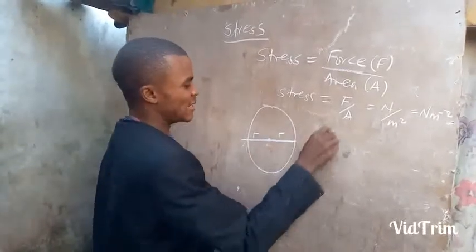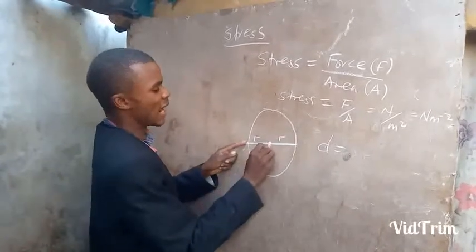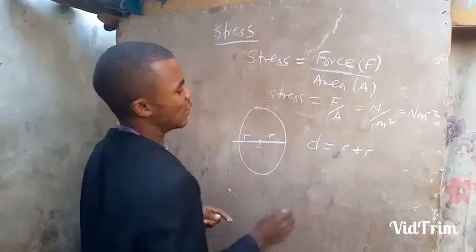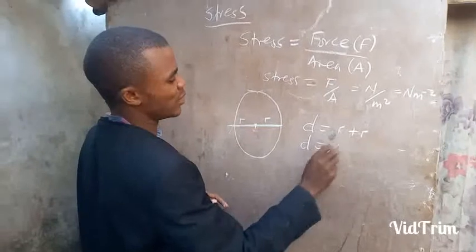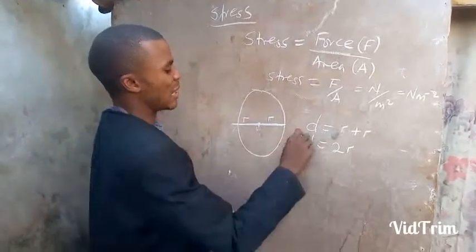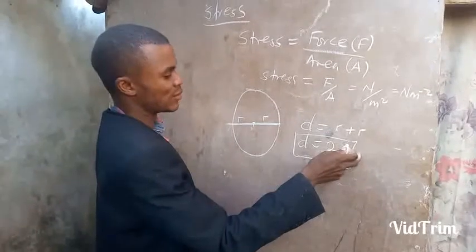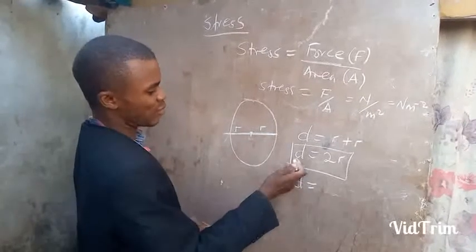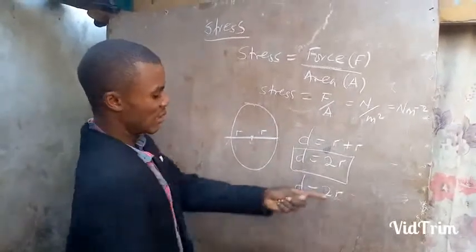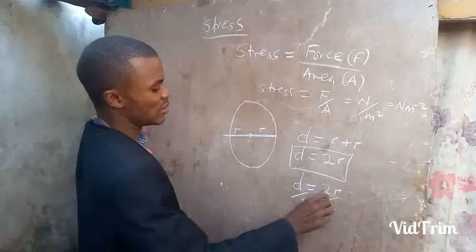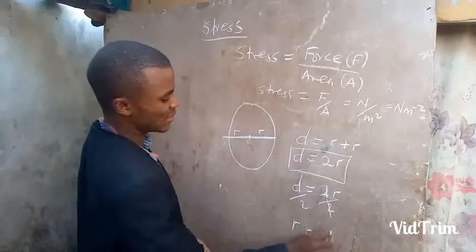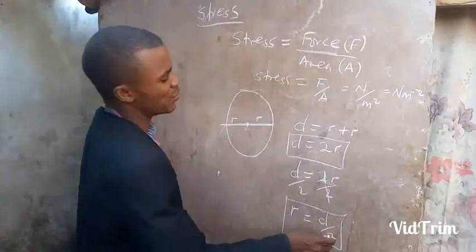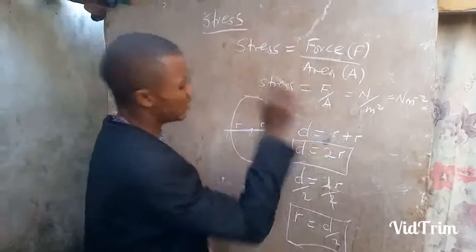So the diameter is from here to here and from here to here. From here to here is R, plus from here to here is R. That becomes R plus R. So diameter is radius plus radius, which is 2 radius. The formula for the diameter is 2 times the radius. When you multiply 2 by the radius, you get the diameter. Again, you have the same relationship, D equals 2 times radius. If I divide both sides by 2, this cancels. The formula for the radius is diameter divided by 2. So anytime you want to get the radius, you say diameter divided by 2. Anytime you want to get the diameter, you say 2 times the radius.